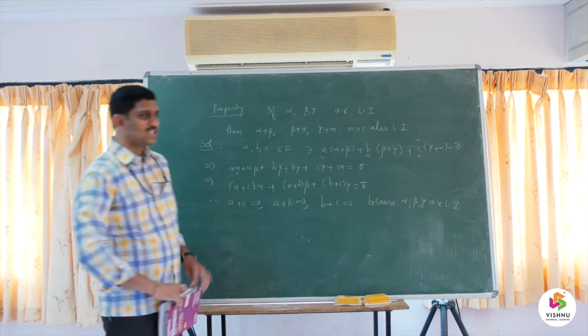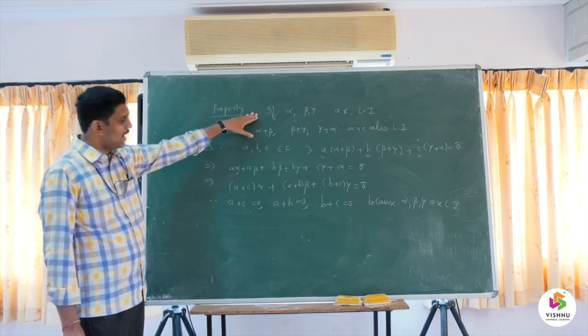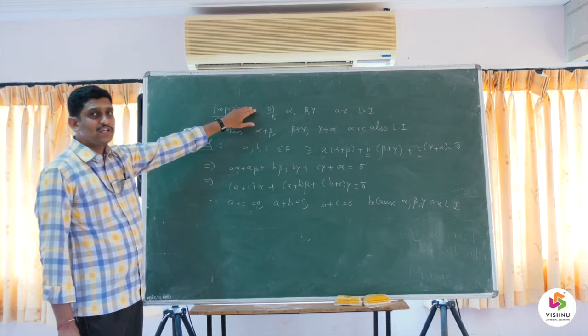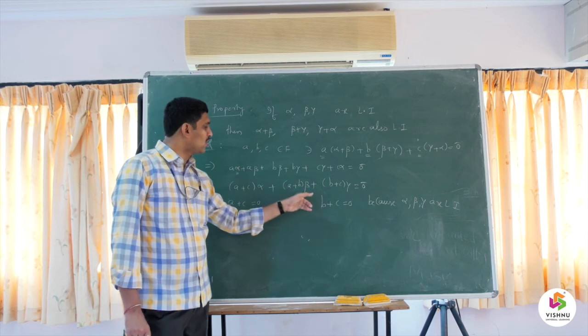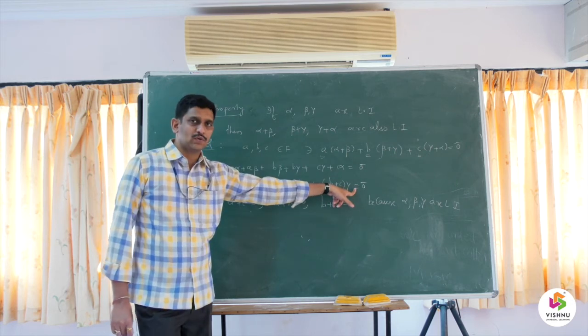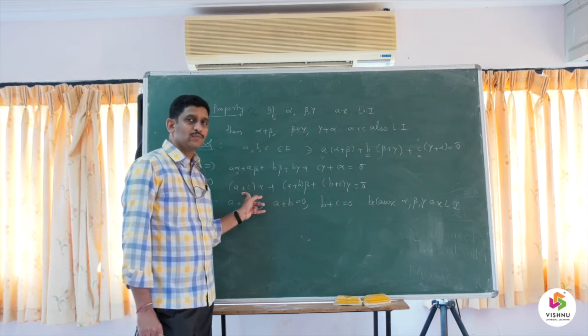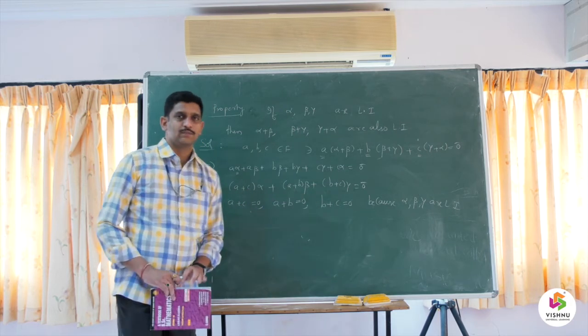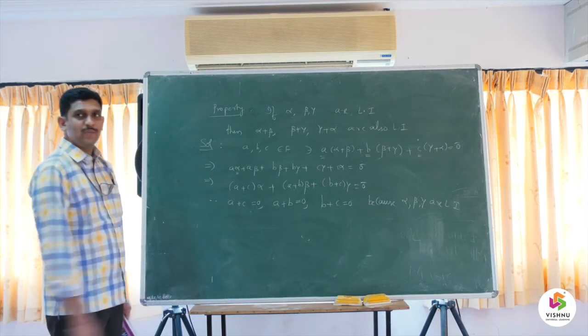So in the problem itself, he has given that alpha, beta, gamma are linearly independent. Hence, from the definition of linear independence, we confirm that whenever a linear combination of alpha, beta, gamma is 0, then all the scalars in this combination must be equal to 0. So we confirm that these values are 0. So using this, I prove that A, B, C values will become 0.